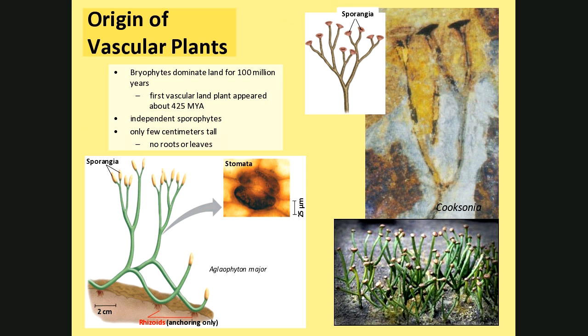Or maybe not next, I shouldn't say, but a lineage of plants came up with this idea of vascularization. So the mosses and their kind were around for quite a while, 100 million years, pretty much with the place to themselves. About 425 million years ago, we start to see in the fossil record vascular plants, like the one on the right, Cooksonia. That's a drawing of a Cooksonia fossil with its sporangia, and the lower right is a computer-animated picture of what we think Cooksonia may have looked like. On the left is an artist's recreation of another early vascular land plant, Aglaophyton.